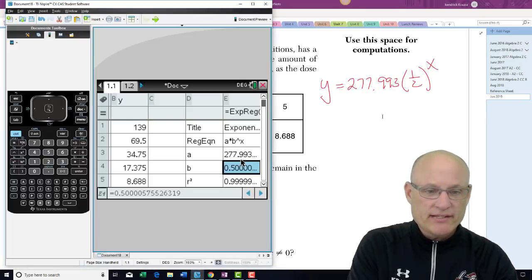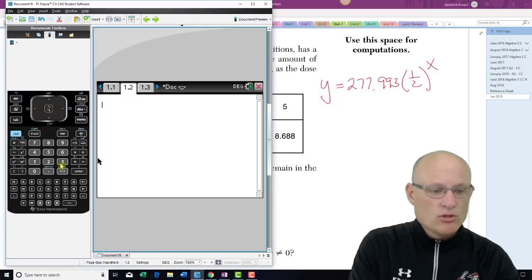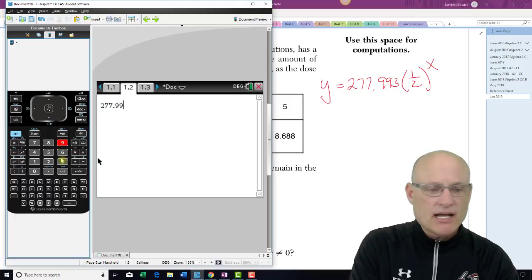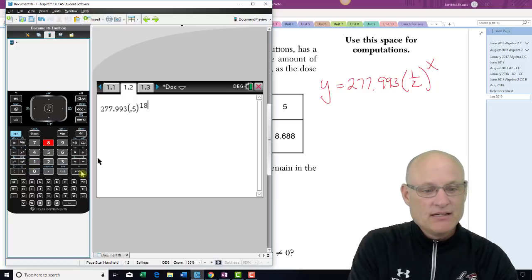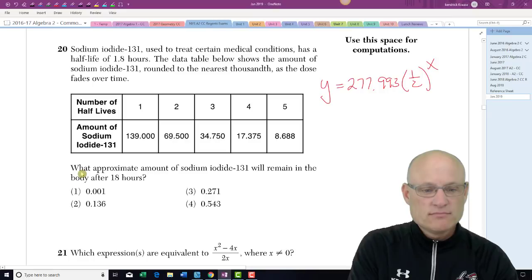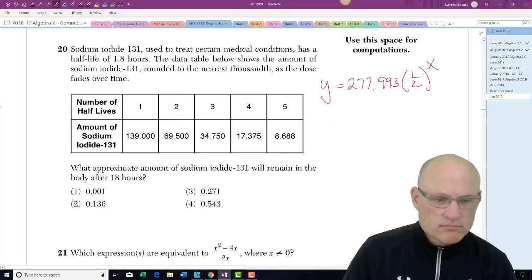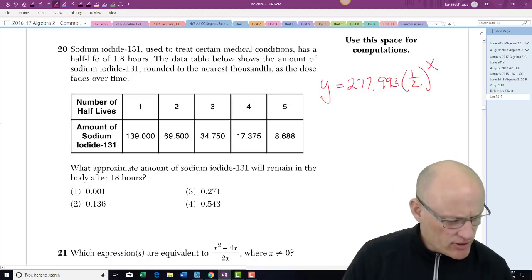Yeah, I'm just going to plug in 18 now. So 277.993 times (0.5) raised to the 18th half-life. 0.001. That appears to be the right answer, except for